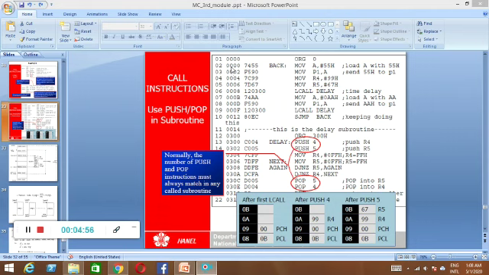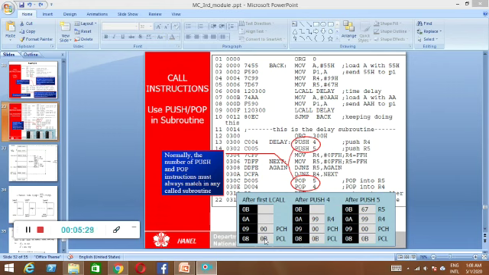Here you can see different addresses, and these are the opcodes related to the instruction. 74 is the opcode, and 55 is the related immediate data, that is 55. This is how all the instructions and related opcodes are available. Whenever LCALL DELAY is called, you can see the next instruction, MOV A, #0AH, and the address for this one is 000B. You can see this address here. So this is the stack memory.